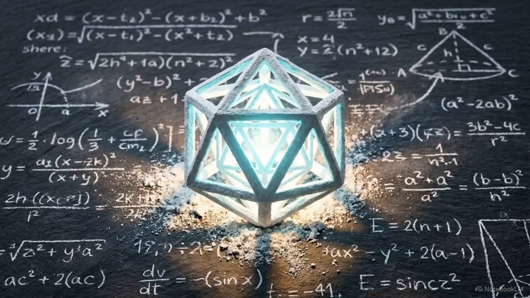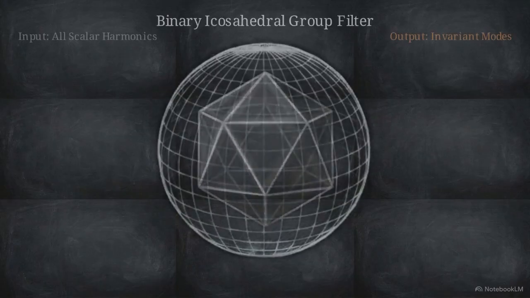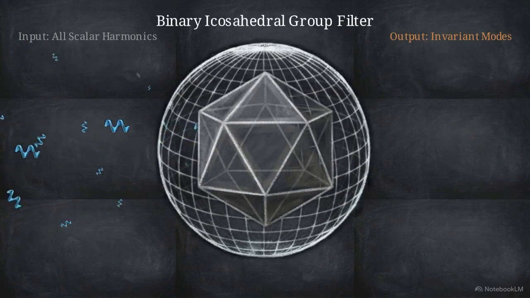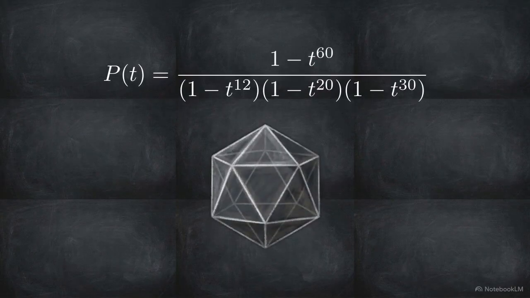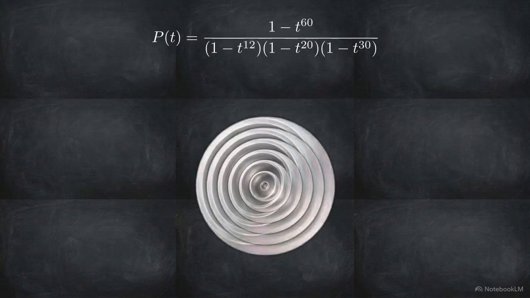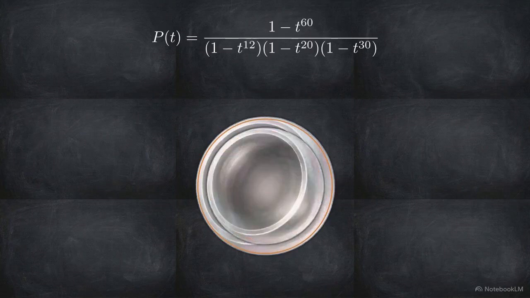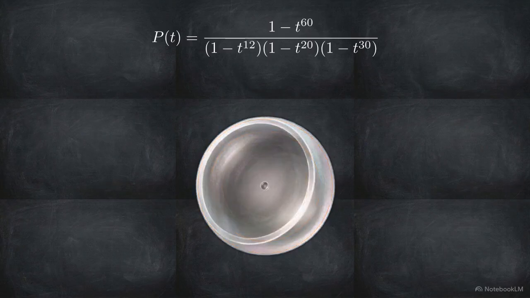To determine which wave patterns can form inside this cavity, we examine the quotient space. Out of all possible scalar harmonics on S3, only those that remain invariant under the binary icosahedral group can survive. These surviving harmonics are graded by their 3D polynomial degree, labeled as n. This diagram shows the Molien series for the invariant ring of the binary icosahedral group. It acts as a mathematical filter, dictating exactly which n degrees exist. This filter mandates that 5 even-degree shells, n equals 2, 4, 6, 8, and 10, are entirely empty.